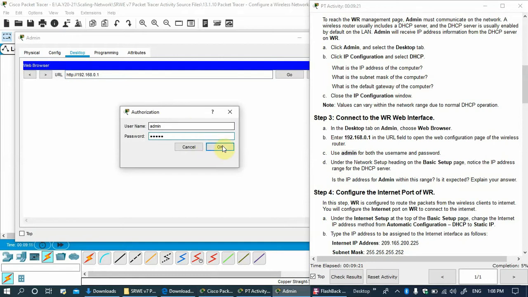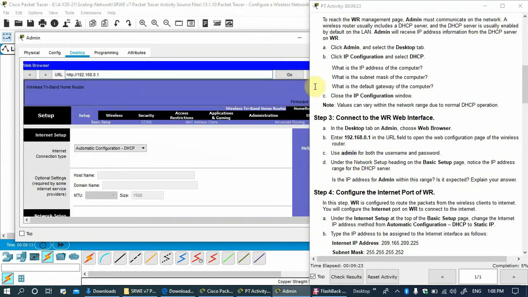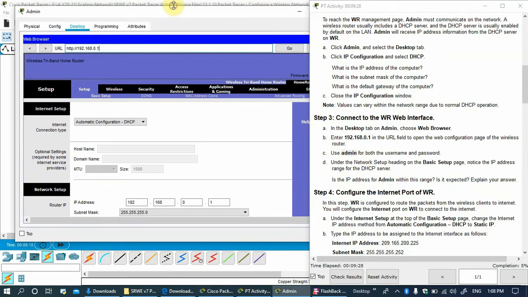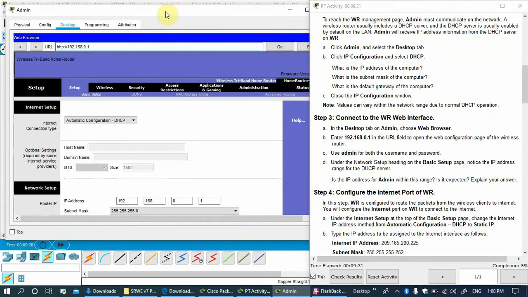Okay, so please, you need to follow all the instructions. I'm a little bit fast today because it's very easy. Just click and drop and some drag and drop, and there are only a few settings, no configuration, no commands, no execution, nothing else, only just settings. Okay, so admin PC, the password is admin, and username is also admin. So we'll go to the basic setting page and the IP address range of the DHCP.